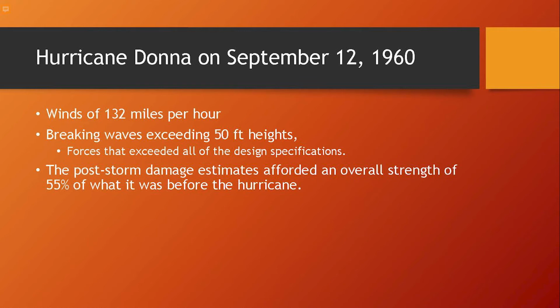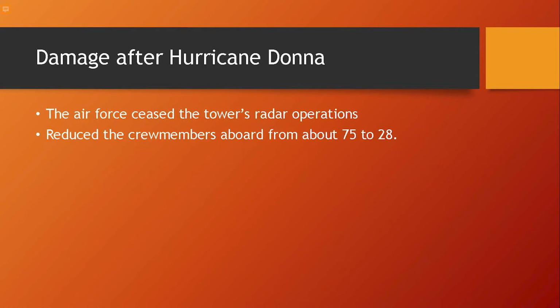This exceeded all design specifications, and the tower was seriously damaged in the storm. The post-storm estimates were that the overall strength was 55% of what it was before the hurricane. Damage after Hurricane Donna forced the Air Force and its construction contractor to plan to begin to renovate the tower. The crew that remained with the tower was a volunteer repair crew consisting of 14 Air Force and 14 civilian